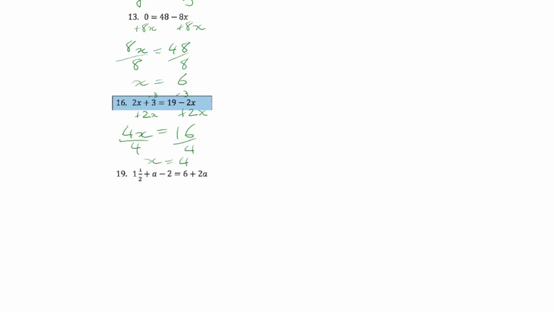This one, we're 1.5 plus a minus 2. So we need a's on the one side. So I'm going to subtract 2a from this side, subtract 2a from that side. And then this is 1.5 minus 2. So 1.5 minus 2, well, that's minus a half. We'll do that in 2 steps. So plus a minus 2a is minus a. So 1.5 minus 2 is minus a half, is equal to 6, and plus a, 2a minus 2a, well, there's